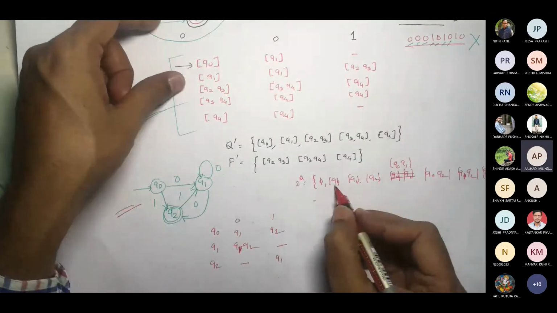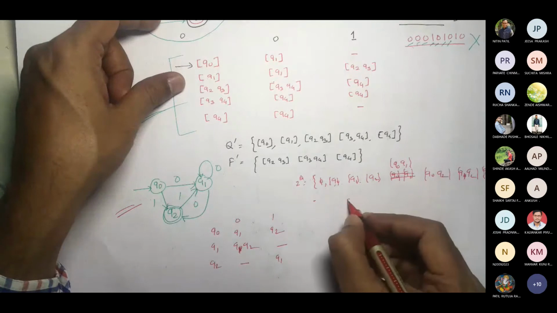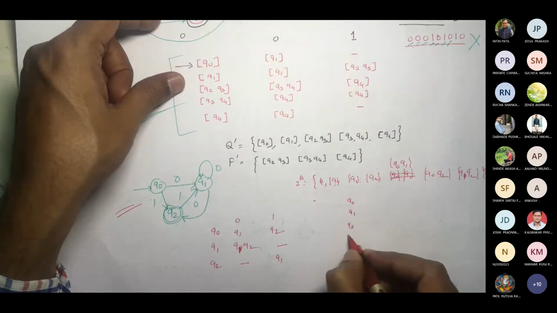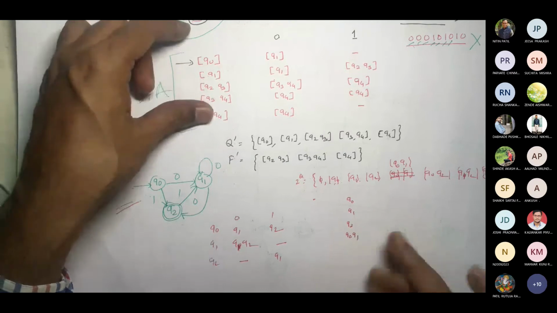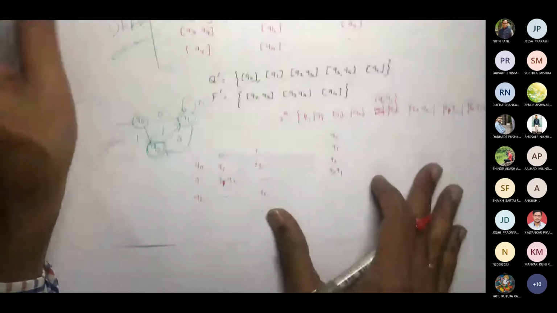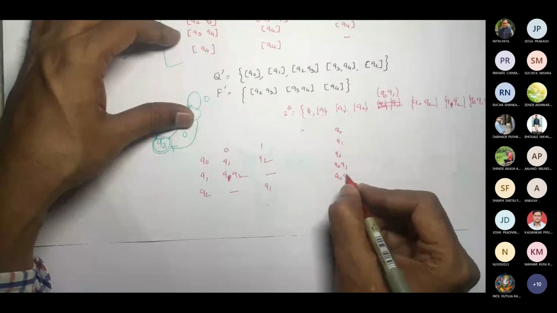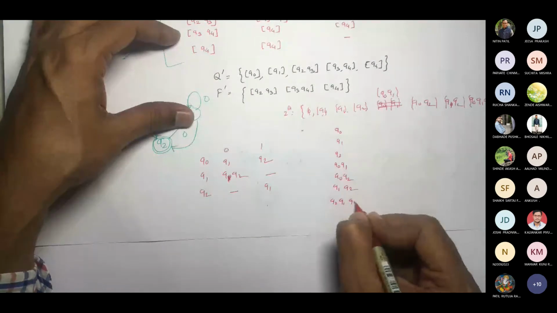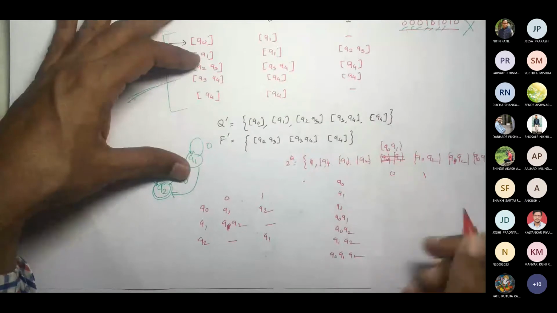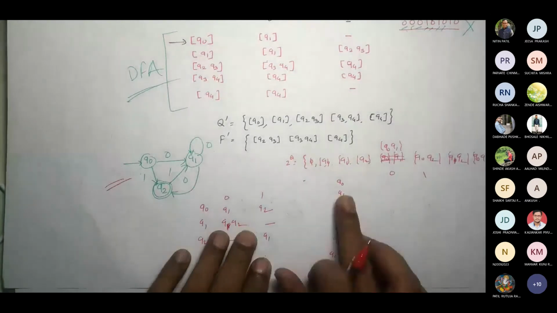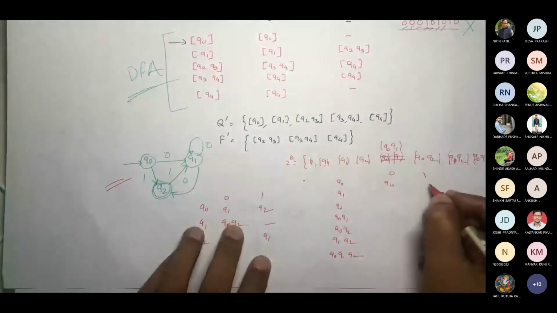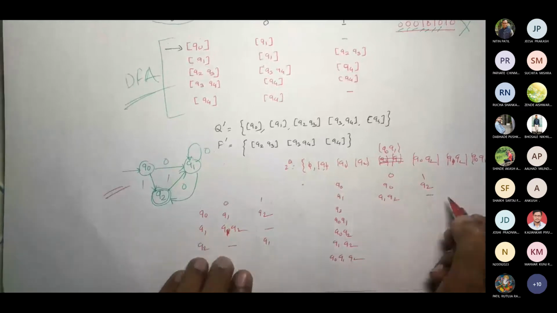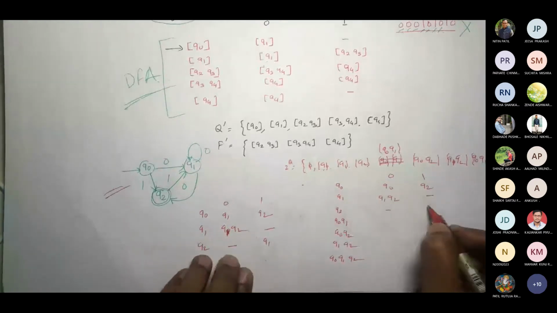Now let us say we will work with each of these scenarios, where we take each state. So if I write Q0, let us say I have given square brackets. And let us consider this: Q0, Q1, Q0, Q2, Q1, Q2, and Q0, Q1, Q2. Let us take 0 and 1. So if I give Q0, 0, we'll write Q0. This would be Q2. This would be Q1, Q2. This would be dash. Okay. For Q2, it would be Q1.